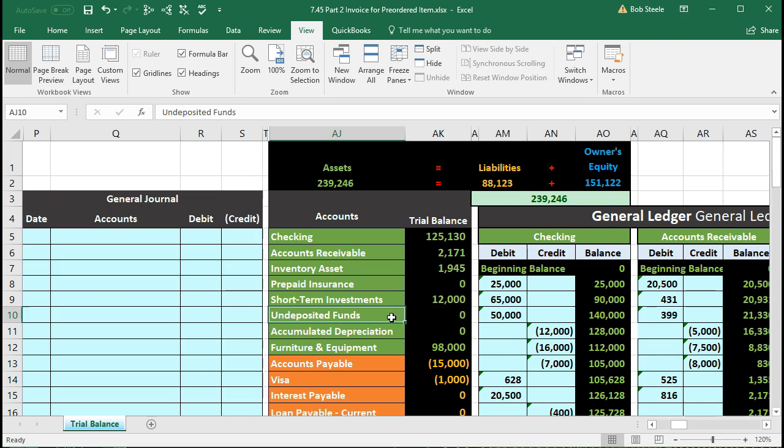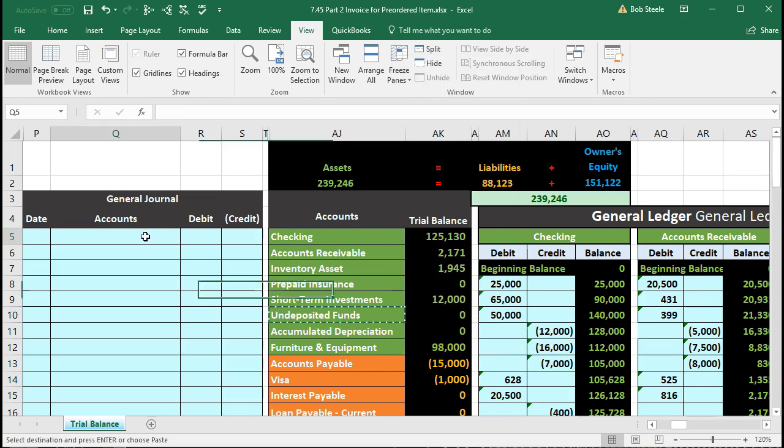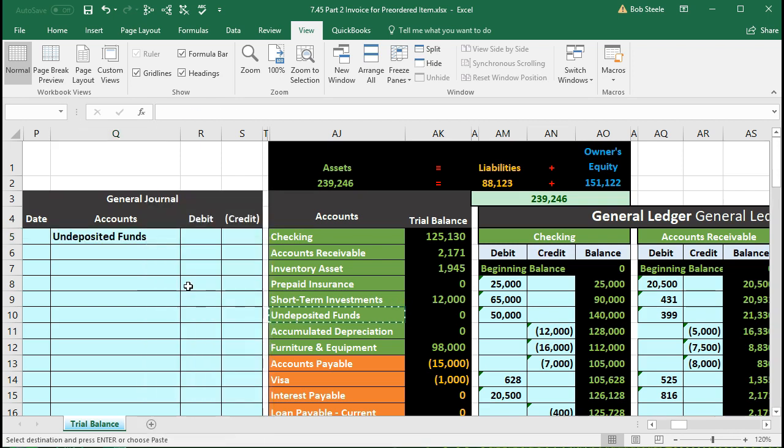So we got a check, it's going to increase undeposited funds. It is an asset account with a debit balance, and therefore to make it go up, we will do the same thing to it, which is another debit. So I'm going to copy this account, put that on top in Q5, right click and paste 1, 2, 3. The date's going to be 1/28, and the amount that we received in the mail is